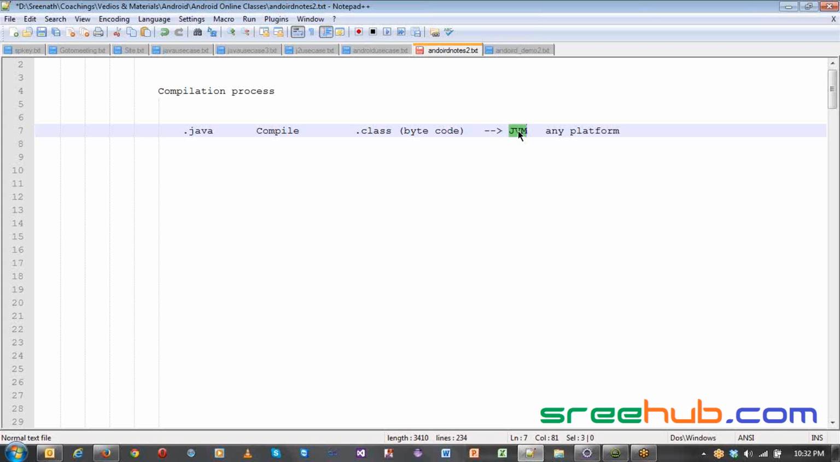So for that reason, the designers of Android thought that they cannot use the JVM directly in the Android framework. Because if the JVM starts eating up so much memory, then what happens? No smartphone or gadget can actually